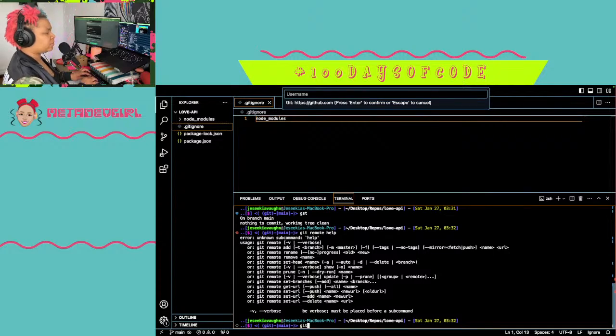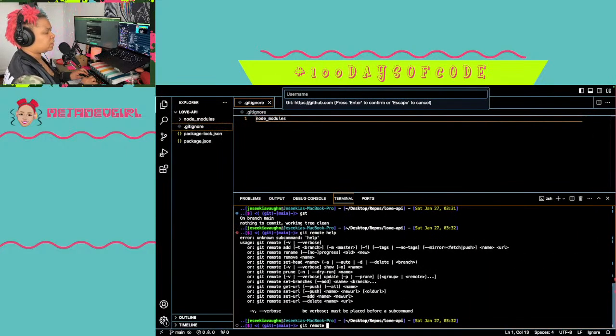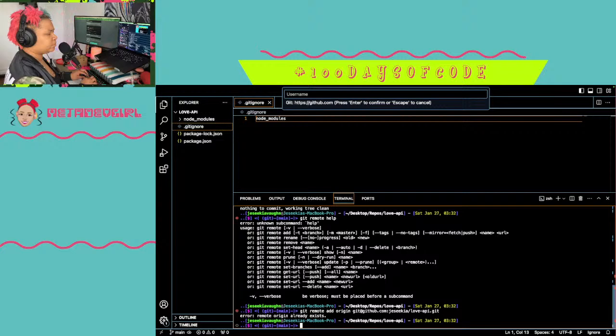So if I just rerun it, git remote add. Is it going to pick up? Yeah, already exists. Okay. So I have to git remote. Probably this. Oh, rename. No, I don't want to rename it.